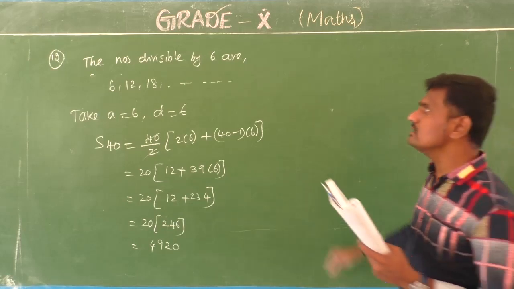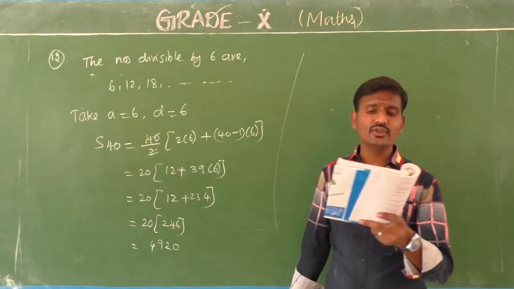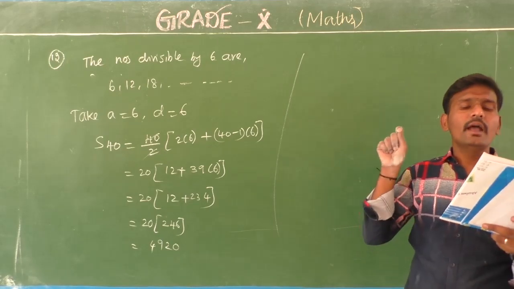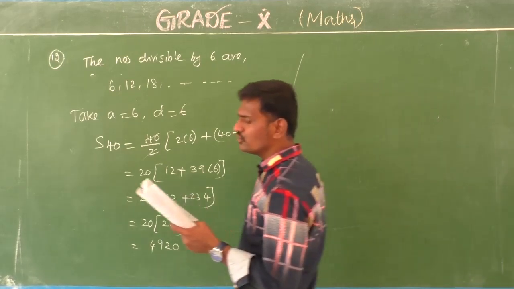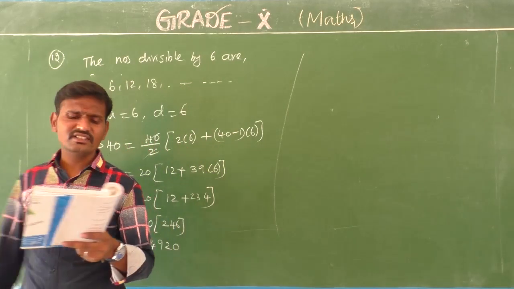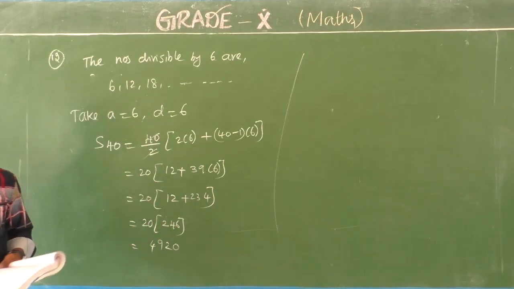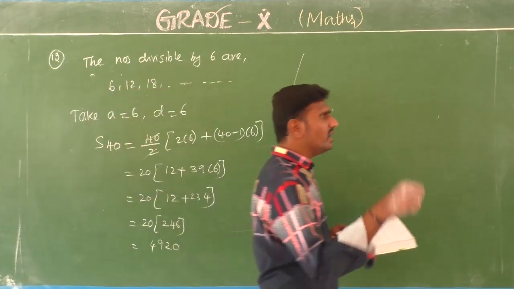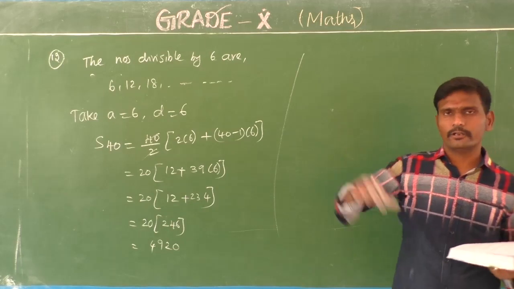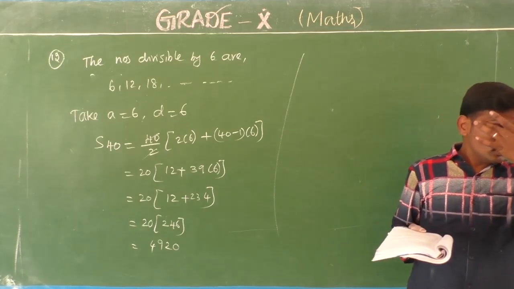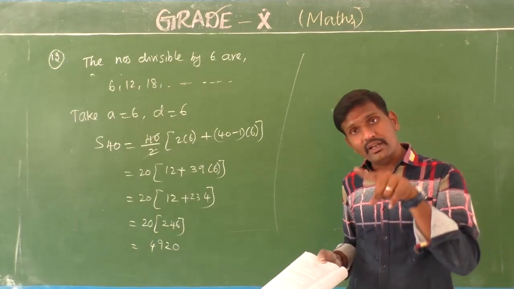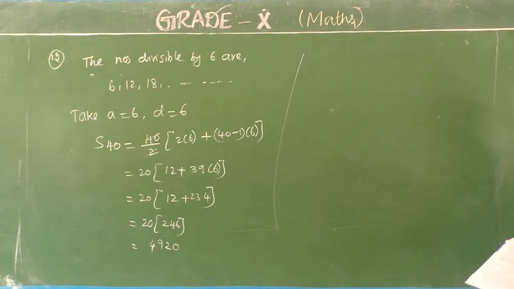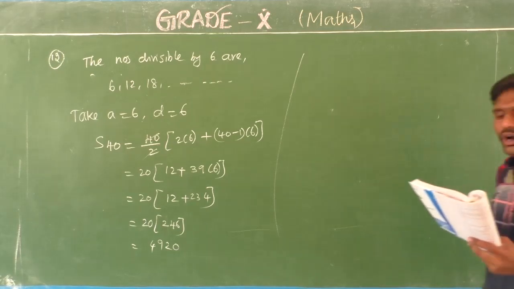Have you got it, children? Yes. And the 13th question also the same order. Sum of the first 15 multiples of 8. Okay. So 15 multiples. So that is also very simple. Do you know, student? You have to mention the three terms: 8, 16, 24, dot dot. So for that here also a equal to 8 and the common difference also 8, and we use the Sn formula to get the same pattern, different things. Okay, so try it yourself.